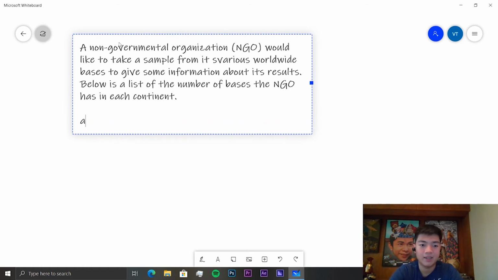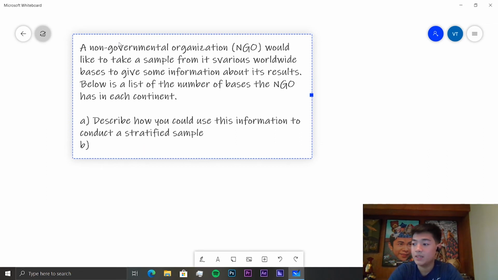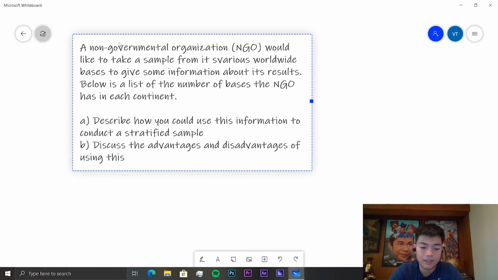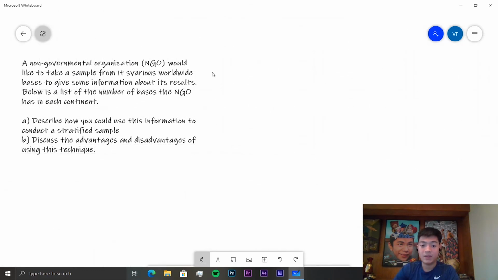And I'll put that. So first we need to describe how you could use this information to conduct a stratified sample, and discuss the advantages and disadvantages of using this technique. So the information being that